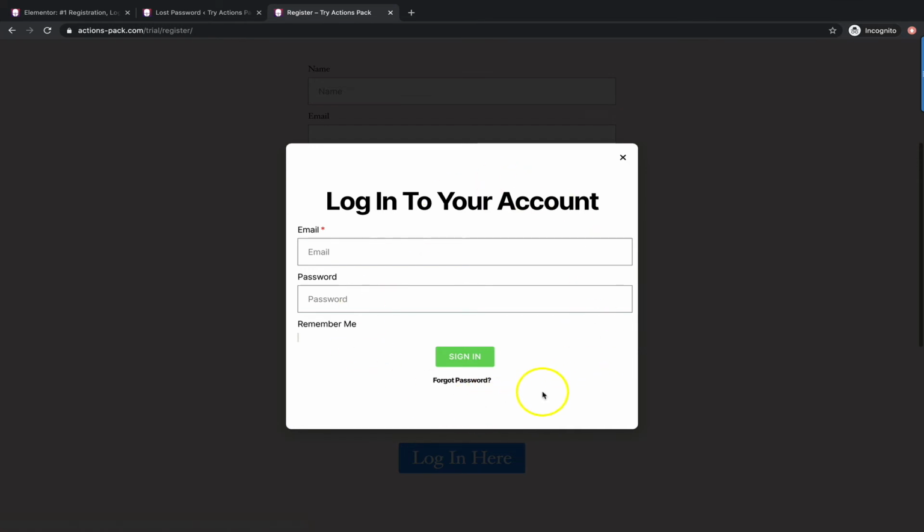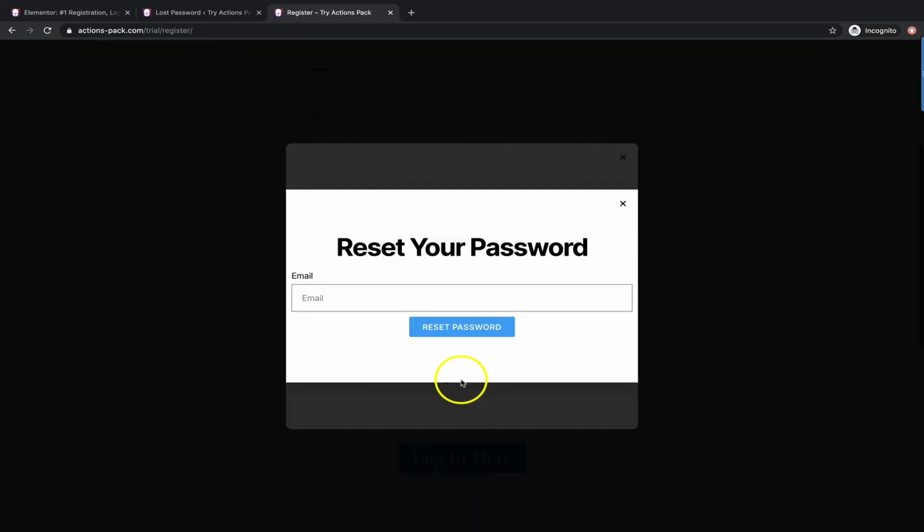It's a login form. Typically that's when a user is most likely to have trouble with their password and need a little help. So you can click on the link. I've created another pop-up. It could be a page, but I quite like pop-ups for this kind of functionality, but it could be a page if that's your personal preference, whatever fits best with the design of your own site.